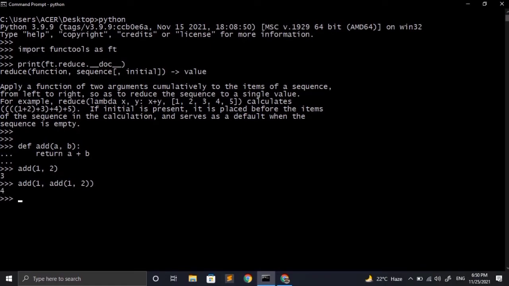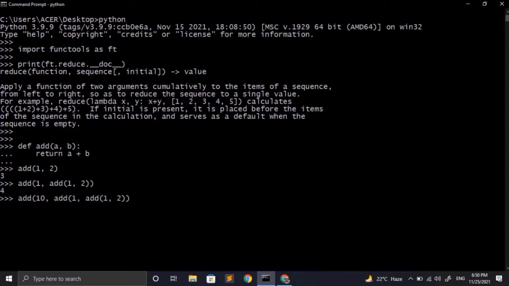Now let's again wrap this line into another add function. So here I'm writing add and after that I'm providing argument as 10. So we have three add functions in the same line. We have add and after that again add and after that again add. The execution will start from innermost add function which will give the output as 3. After that our second innermost add function will be executed which will add 1 to the sum returned from the innermost add function which was 3.